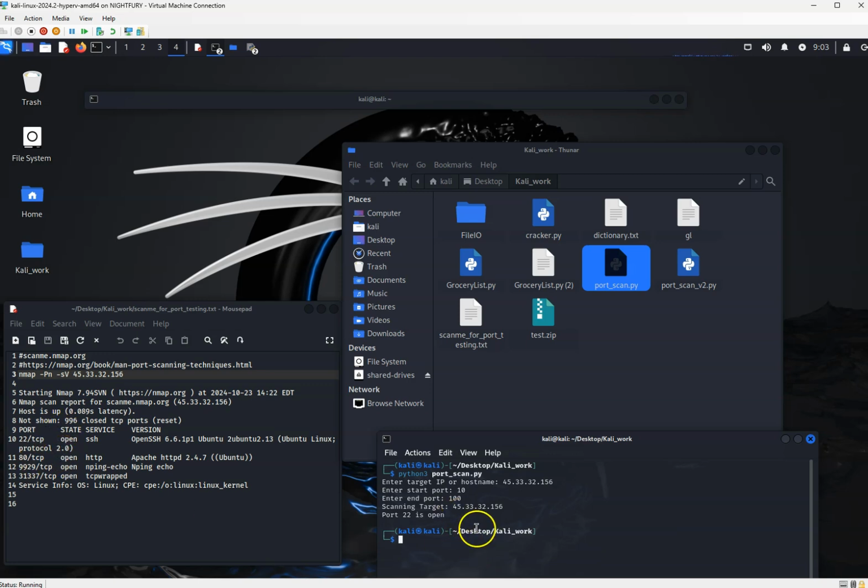Oh, and I must have hit something that stopped it. But port 80 should have come up, and then these other ports too. But we can run it again. Let's see what happens here. I'm going to go 10, and this time I'll just do 200. Oops, I messed that up, didn't I? I did. Okay, well,